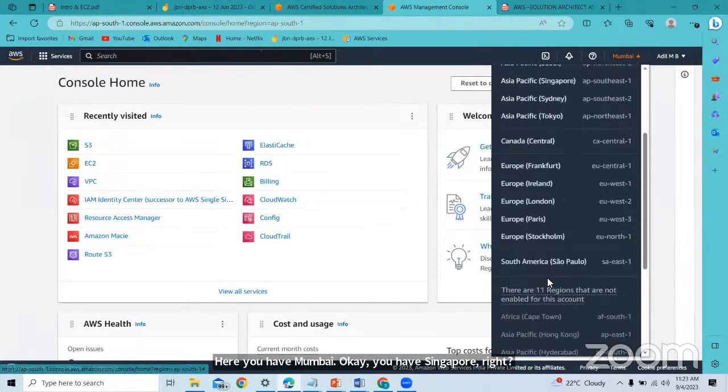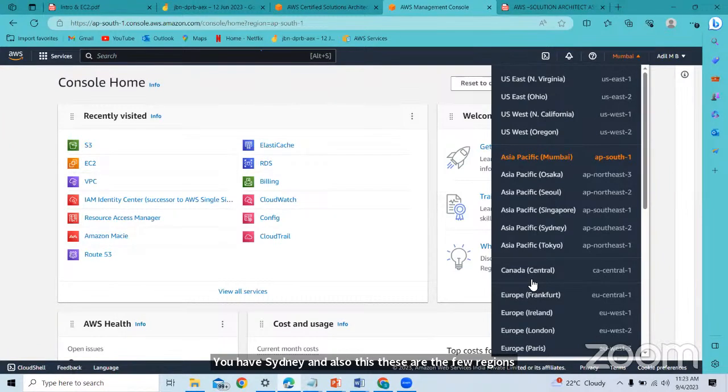These are a few regions, but in the world there are still other places, like Antarctica or Sri Lanka. How will those people get access? For that we have something called edge locations, where they place some mini data centers. I'll show you with a reference example, then you will understand.